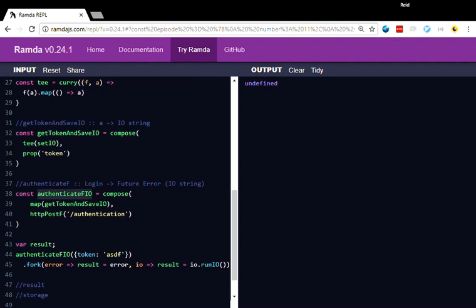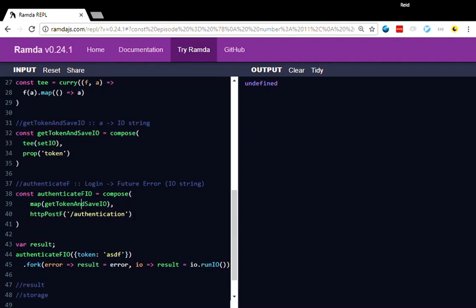And so what we want to do is create, in this case, an authenticate, and I've got FIO to here just as some Hungarian notation to say that it's returning a future of an I/O of something. So it's going to take a login object, whatever that is, and it's going to return a future of either an error or, in this case, an I/O, which contains the string. So we're going to do this HTTP post F, and we're going to partially apply the authentication, which is the URL, which means that essentially it's going to take our login object, which in this case we're just going to pass a token.